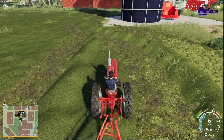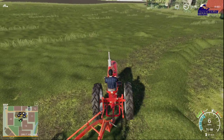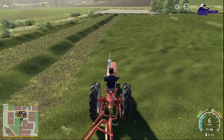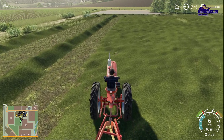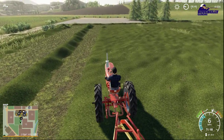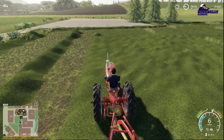Alright. We're going to go ahead and bring this one back. This will be a smaller windrow. It'll still be fine. I mean, it's not going to be small. And we'll just go back and forth maybe one or two more times. And then I'm going to go ahead and start with the...